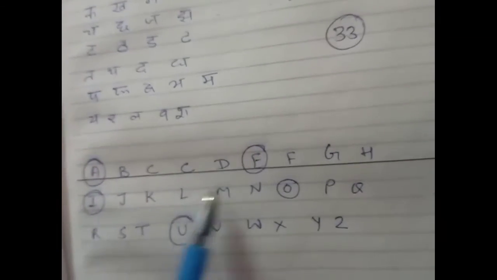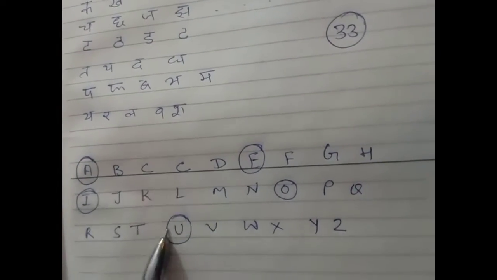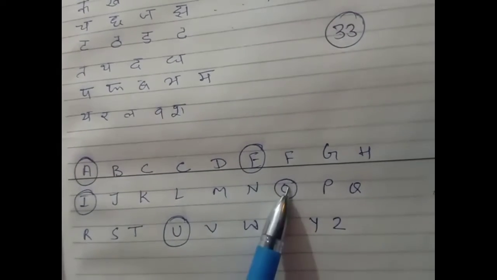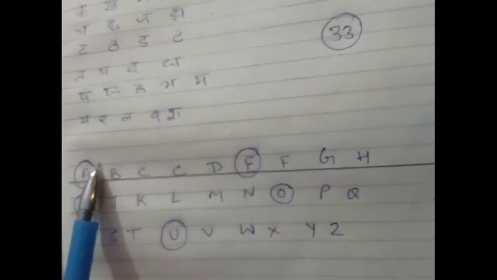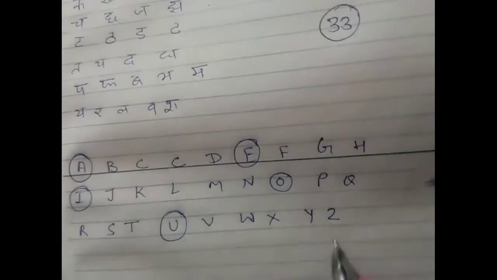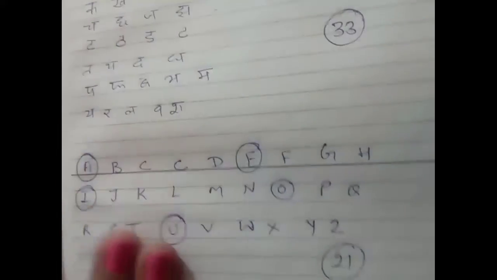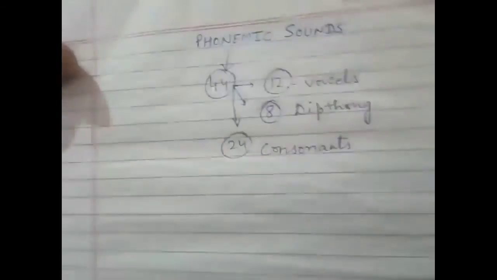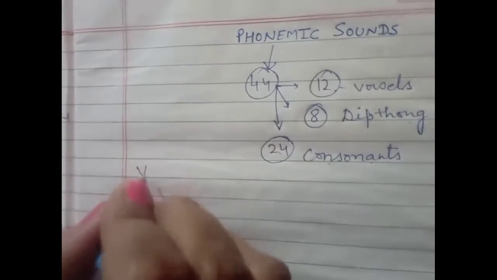But in the English language, if we eliminate the 5 vowels, A, E, I, O, U, these are the 5 vowels in English language. And then when we eliminate them from the 26 letters of the alphabet, all the remaining 21 are the consonants. Okay, is the concept of consonant and vowel clear? Now let's start. Your first and very important part of speaking phonemic sounds is vowels.